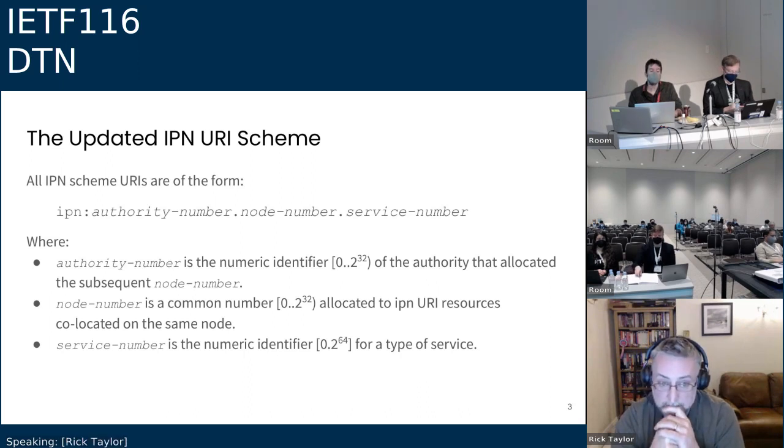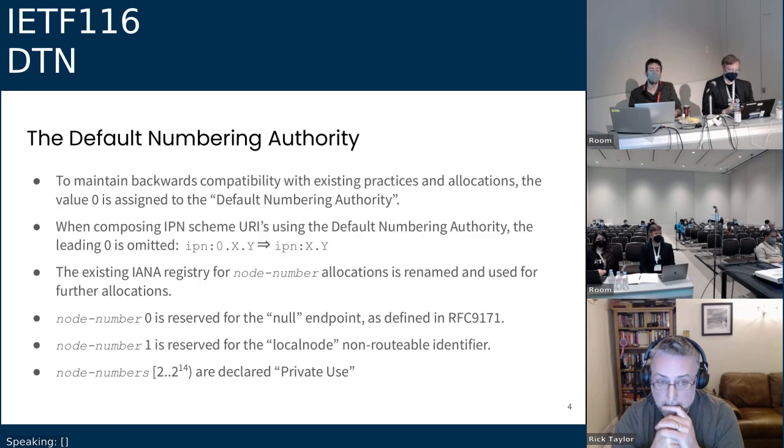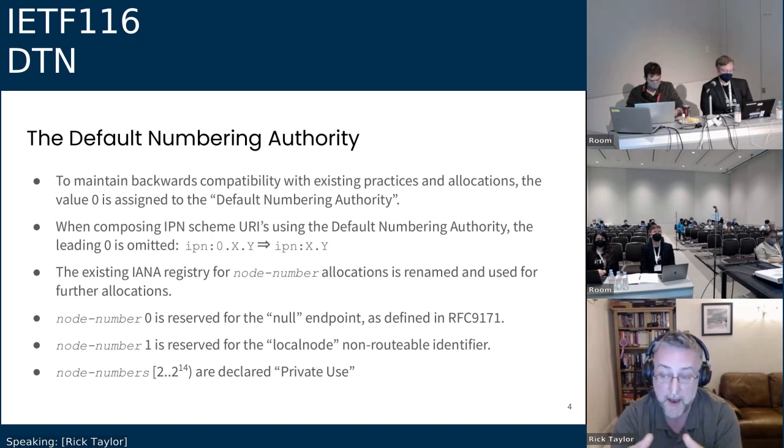Next slide, please. Everyone is immediately going to say, oh, but you've added these authority numbers. What was wrong with what we were doing before? Well, nothing really. The purpose of the numbering authorities is to give a discriminator to allow a better allocation of those node numbers. But the existing